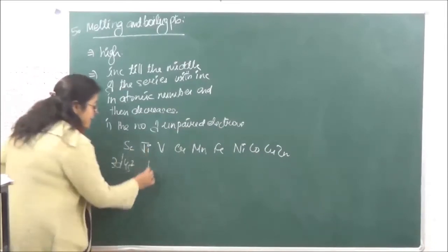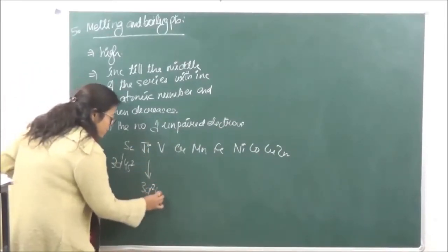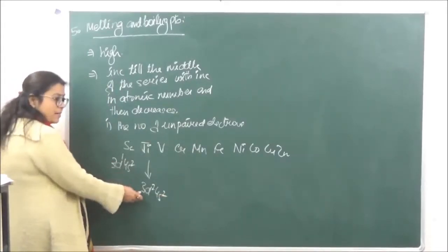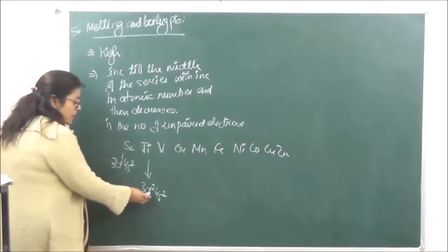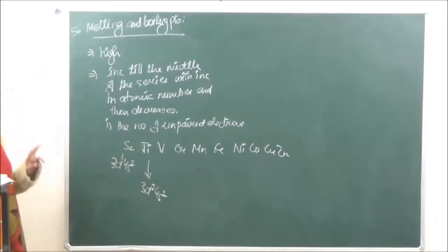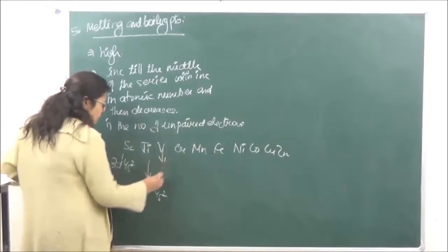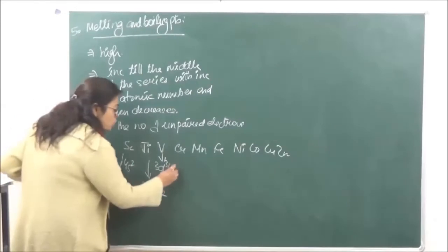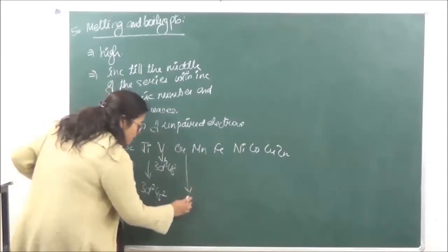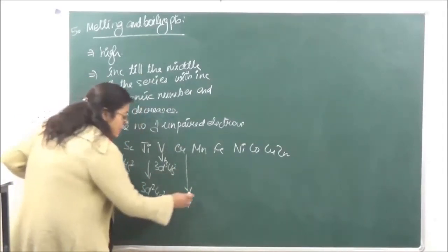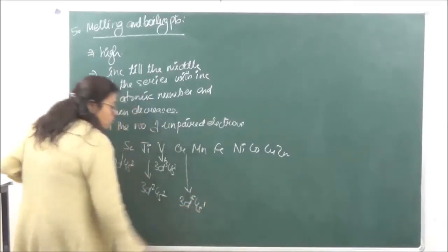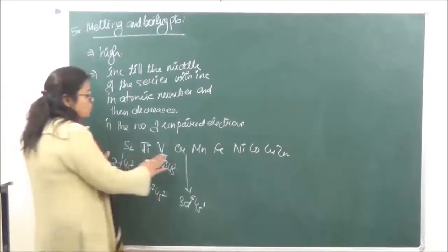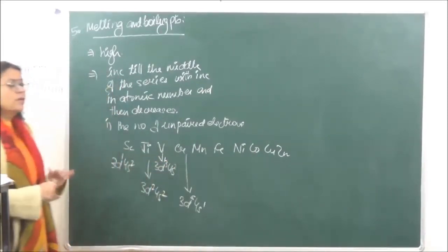ठीक है, titanium में we have 3d2 4s2. So you can see that the number of unpaired electrons is increasing. Over here the unpaired electron is 1, over here the unpaired electrons are going to be 2. Vanadium, electronic configuration again 3d3 4s2. Chromium, maximum number of unpaired electrons, 3d5 4s1. There are 6 unpaired electrons present. So from scandium to chromium the melting points are going to increase.